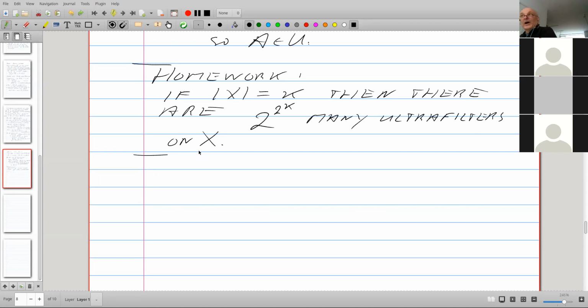So if you want to know how many ultrafilters there are, well, very, very many. Another thing that I want to mention, and it's actually going to happen right now, for later and for inspiration, and also to mention a few things that show you how things depend on the axiom of choice.